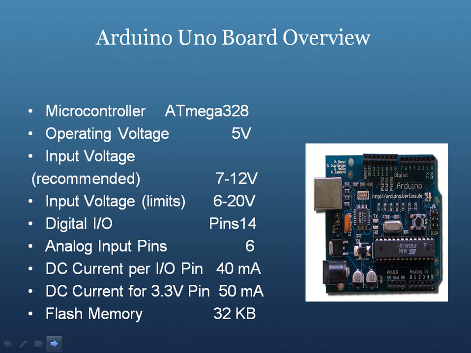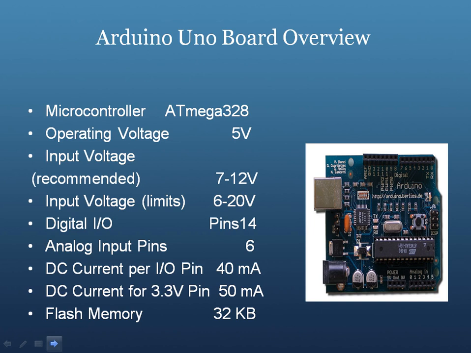Arduino Uno overview: the microcontroller which we are using on this board is Atmega 328. Operating voltage of this board is 5 volt. Input voltage is 6 to 20 volt. There are 14 digital pins, on which we can digitally read and write values. Analog pins are 6, which means if you are going to read any analog sensor like a temperature sensor or IR sensor, you can directly read the value from this port, and you can directly write the value on this port.